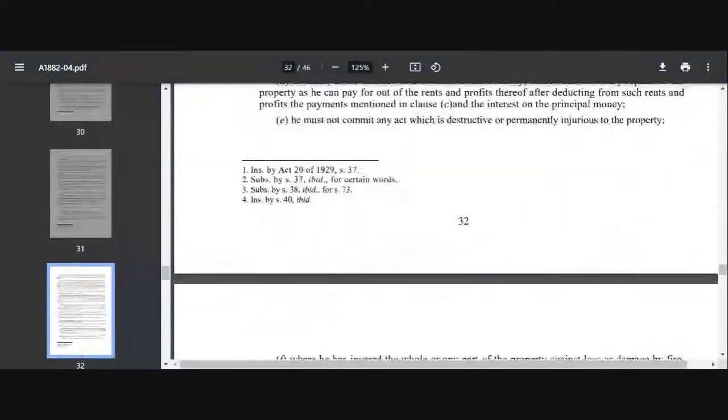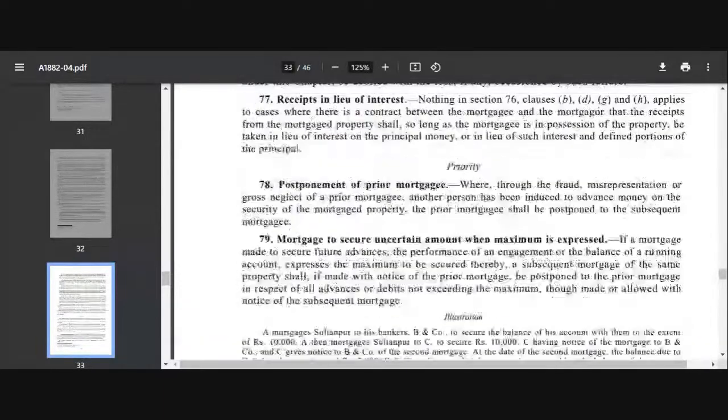If I come to 78, it talks about priority. After coming from rights and liability, this postponement of prior mortgagee. So this is the doctrine of priority. Now section 78 is not dealing with the rule of priority. It is an exception to the doctrine of priority. What is the doctrine of priority? The doctrine of priority is given in that only that prior in time is prior in right, जो मैंने आपको